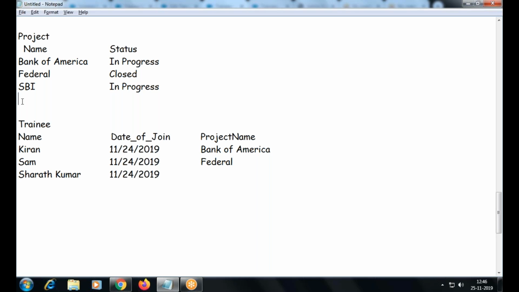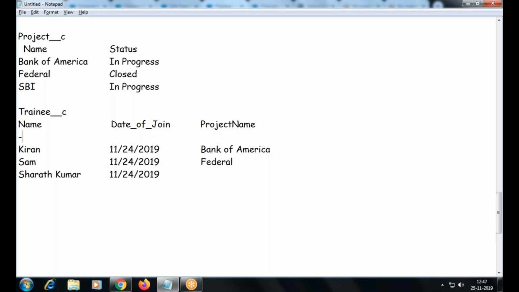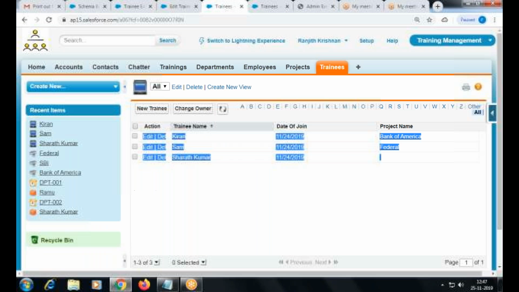So this is a scenario now. Am I right? So this is the object, and these are the fields. Okay. Now this option says